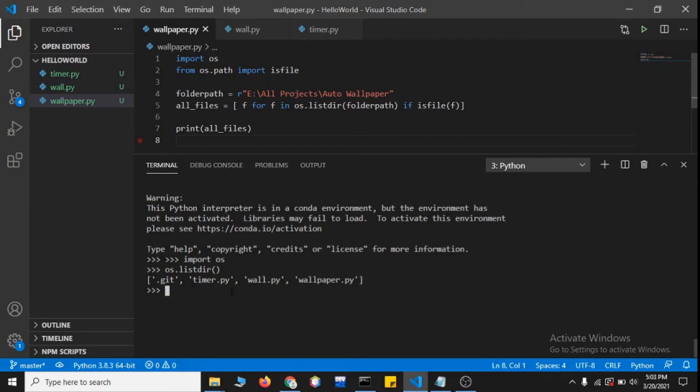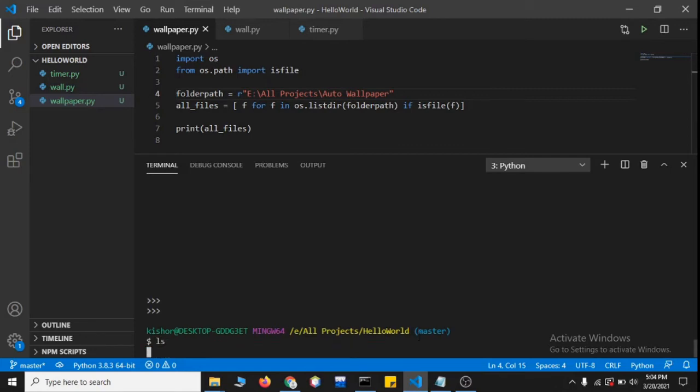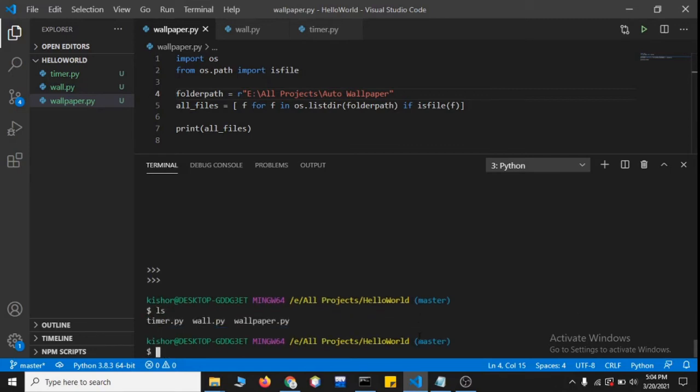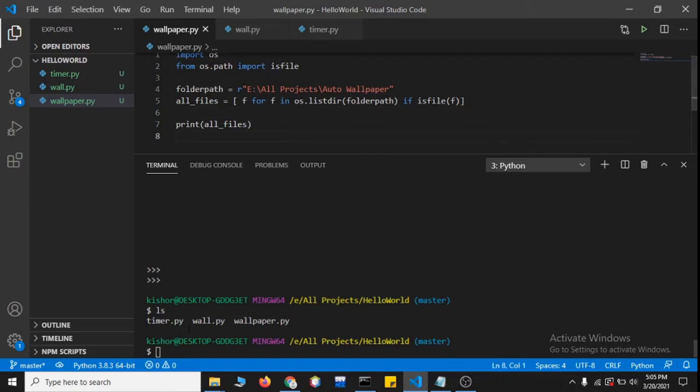What we want is to select just these files and not the folder. For that we can use a list comprehension shorthand to achieve it. We can also go with a for loop, but we will use list comprehensions, and then we will filter all the files from this. Okay, so I'll run this wallpaper.py. So I showed you, right? This is just for selecting the folder, and the second one is for all the files inside that folder, and we'll just print these files. So it will just list those files. It will be similar to this one, right?